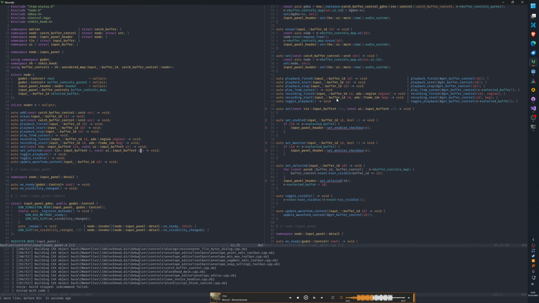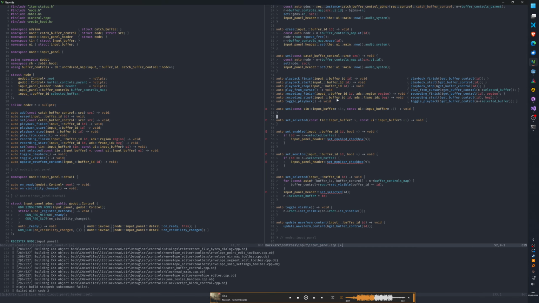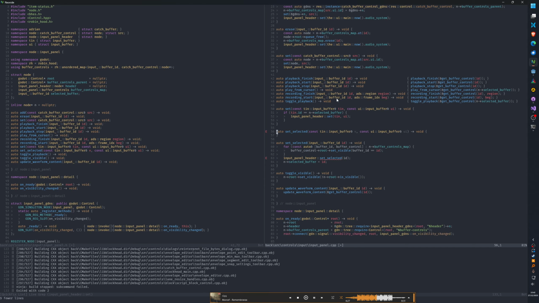No, I changed my mind. Yeah, this is not the header, this is the actual panel, so I do need two functions, one to set selected. Okay. So if the ID is selected, then we do set on the header. So that's rolled into one function now.